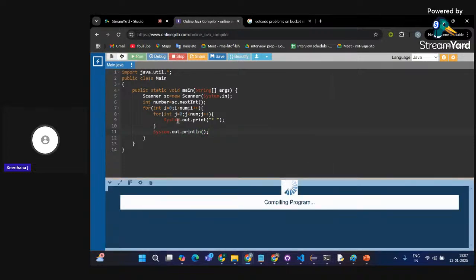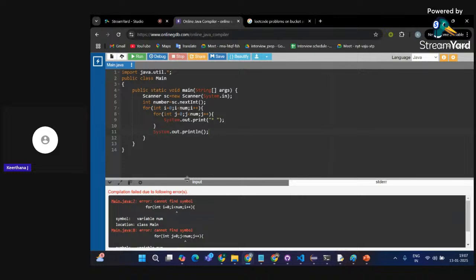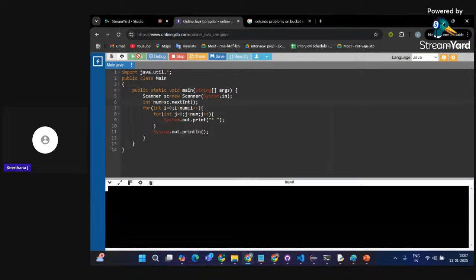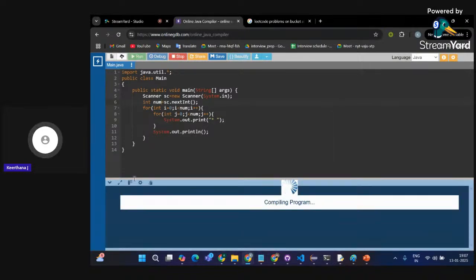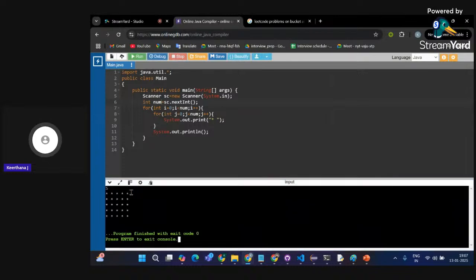So see what happens. If I'm giving 3, I'm getting a pattern like this, or if I'm giving 5, I'm getting it like this.